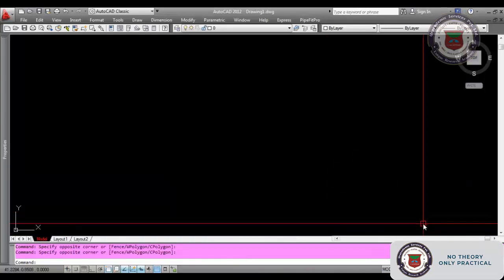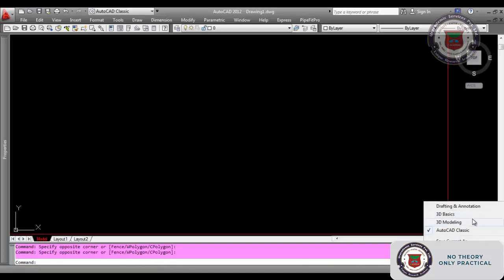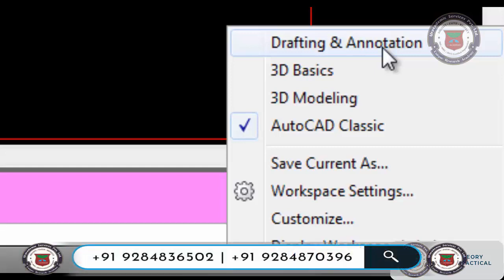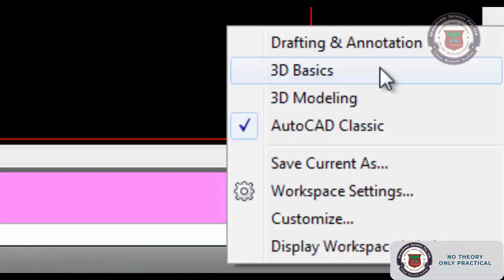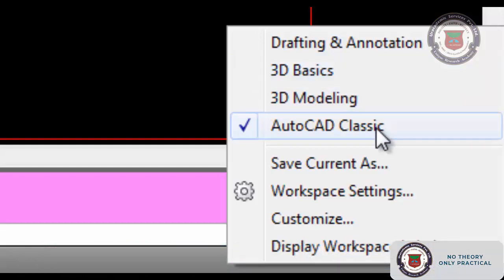I think while doing the AutoCAD 2D training, you all went through the workspace switching option. In workspace switching, there are a lot of options available, like Drafting and Annotation, which is what we normally use for 2D. Next are 3D Basics, 3D Modeling and AutoCAD Classic.